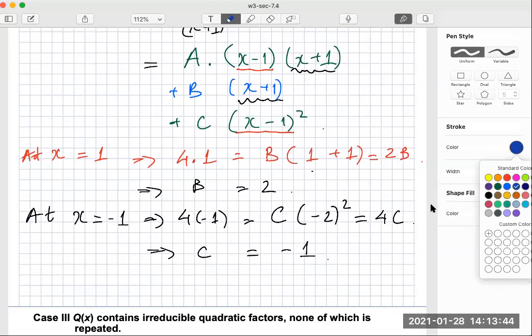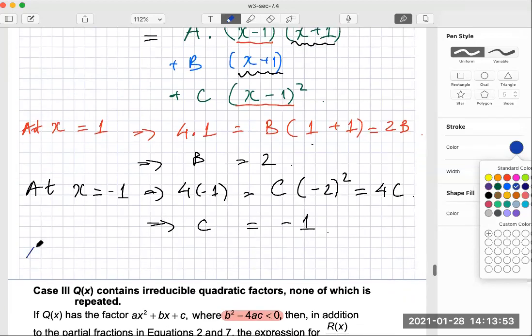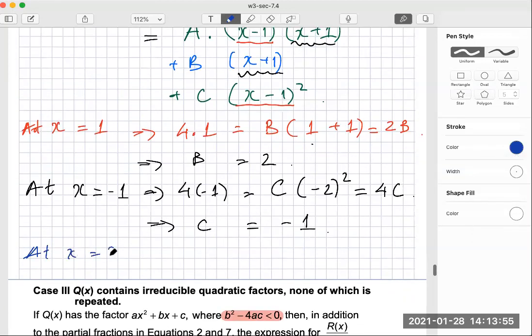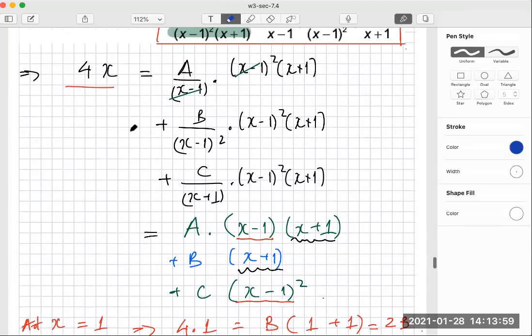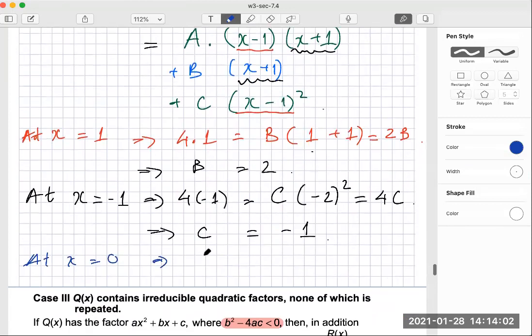Somehow it makes our computation easier. Okay? Which number should we choose? It's up to you. Okay, 0 is a smart choice. Because when we replace 0 here, the left-hand side becomes 0, and the right-hand side is